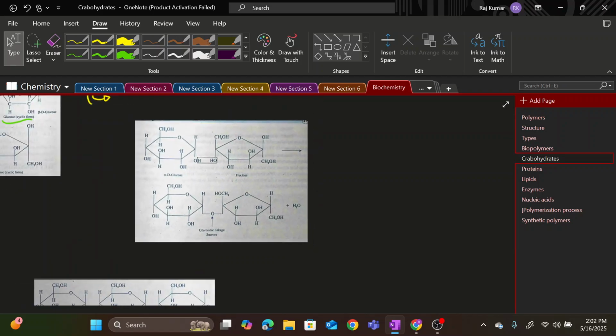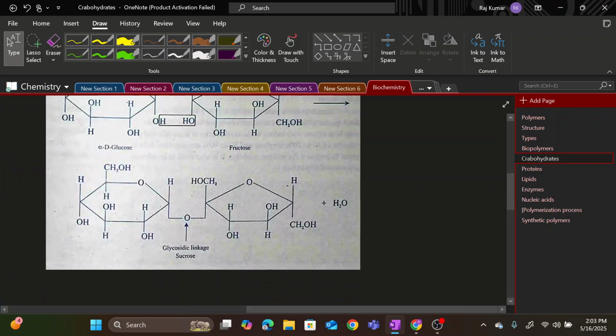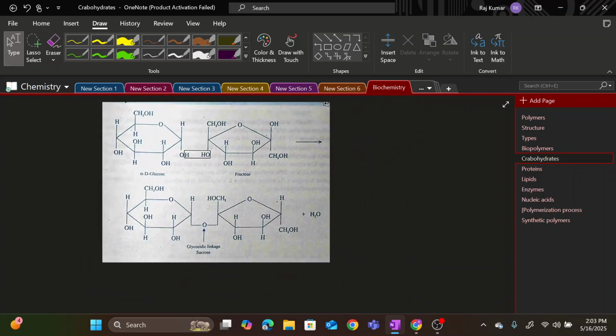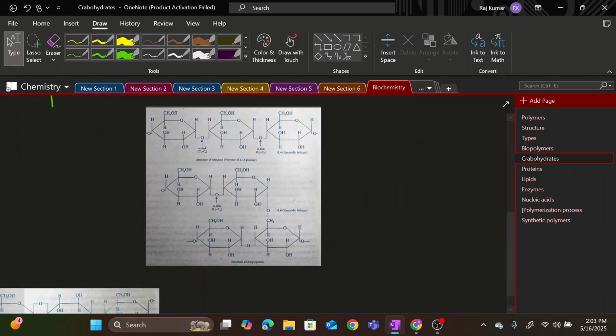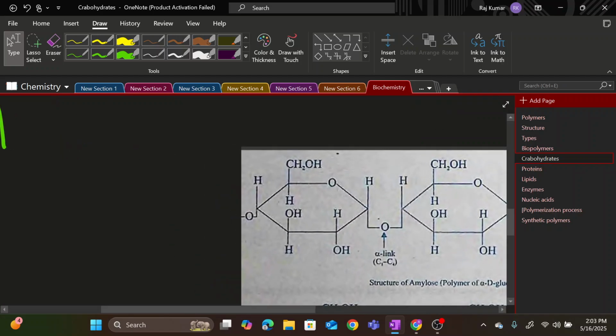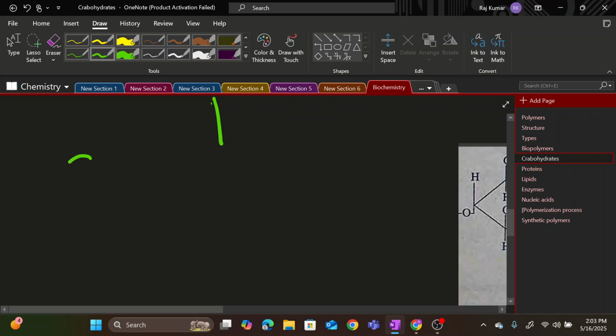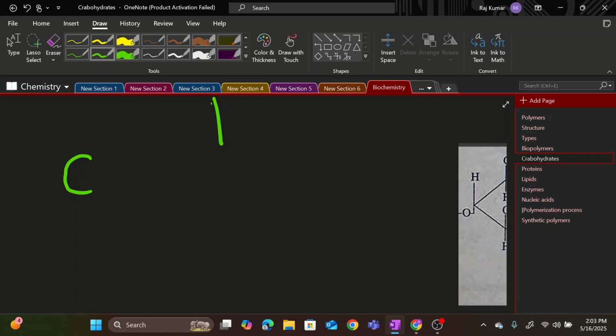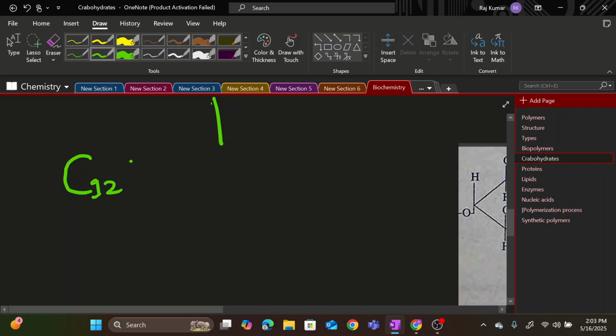Now let's just move on to the polysaccharides. Sorry, disaccharides, not polysaccharides. We first going to discuss oligosaccharides. Oligosaccharides basically are when two or more than two monosaccharides combine together to form a dimer. It's going to form a disaccharide. The most common oligosaccharide is a disaccharide, and the general formula is C12H22O11. For trisaccharide, the general formula is